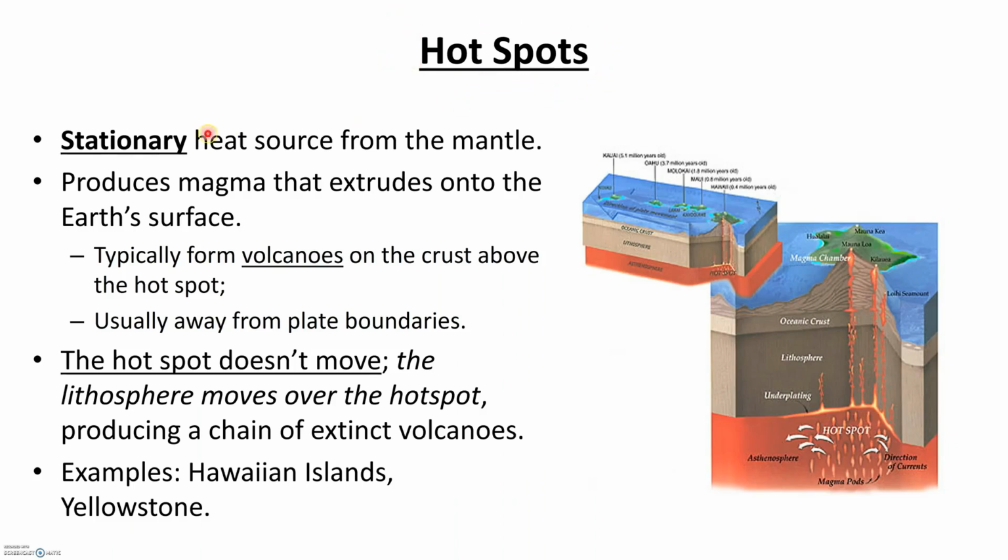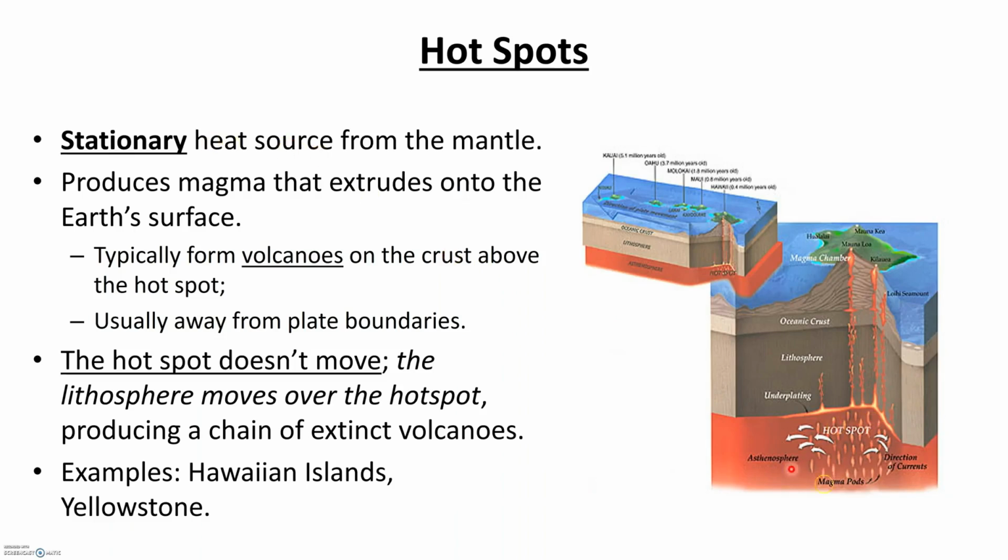So hotspots, our definition here, these are stationary heat sources from the mantle. The word stationary here means that our hotspot, these hot places down in our mantle, are not moving. Down in the mantle, we don't have plate tectonics. We don't have our mantle moving around like we think about our plates moving at the surface of the earth. And for a hotspot, again, it's this hot, extra less dense area down in our mantle beneath our crust, and it is not moving,